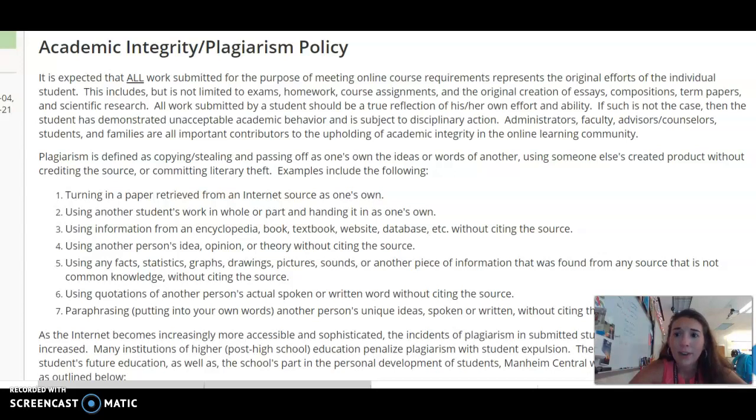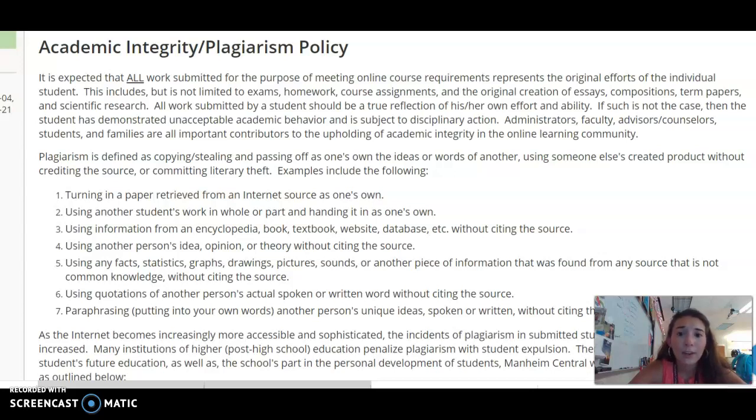Administrators, faculty, advisors, students, and families are all important contributors to the upholding of academic integrity in the online learning community. Plagiarism is defined as copying, stealing, and passing off as one's own the ideas or words of another, using someone else's created product without crediting the source, or committing literary theft. Examples include the following: turning in a paper retrieved from an internet source as one's own, using another student's work